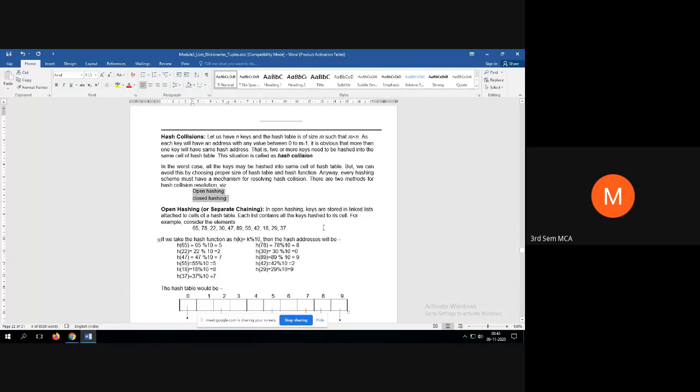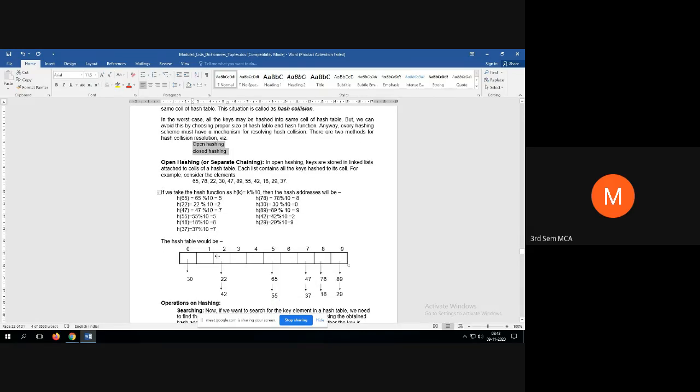In open hashing, keys are stored in the linked lists attached to cells of a hash table. Each list contains all the keys hashed to its cell. Consider this one-dimensional array. This is the hash table. These are the cells, and each cell is linked with the address of a linked list.